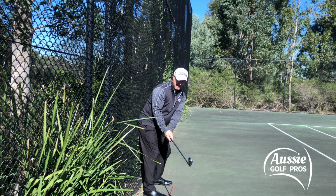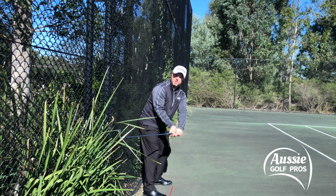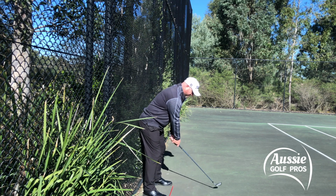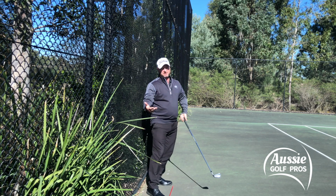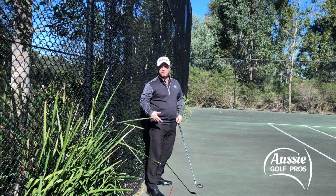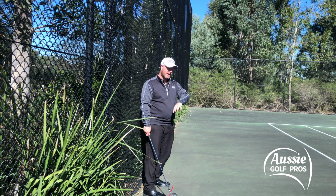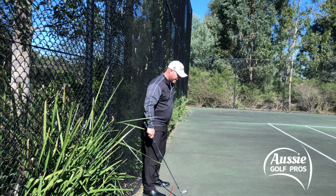So our handle stays in line with our chest and we don't fan that into the wall. That's a really good indicator for those of you that do it. You take your normal natural swing, and if you're going bang into this wall, it obviously gives you that feedback that we need. So if we then take the swing to the top,